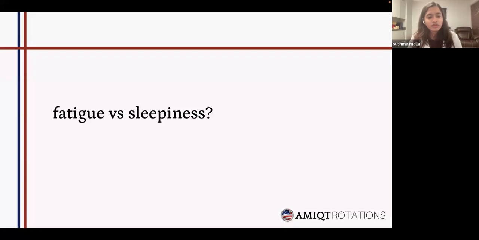It is not as good as it can be, and this could be attributed to any neurological or psychiatric cause. But sleepiness, if you see it, is very clear: they are having a lot of excessive sleepiness, and you can attribute it to sleep disorders and evaluate more in that way. So if you know how to differentiate between fatigue and sleepiness, then we can also decide which route we are going to take in the assessment.